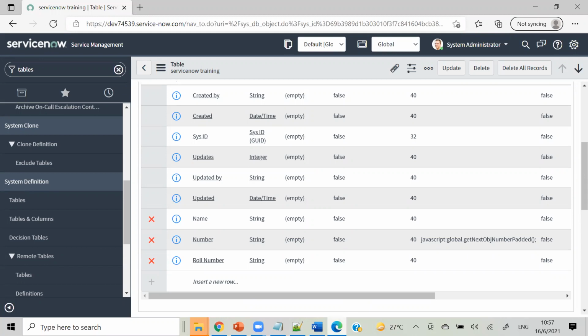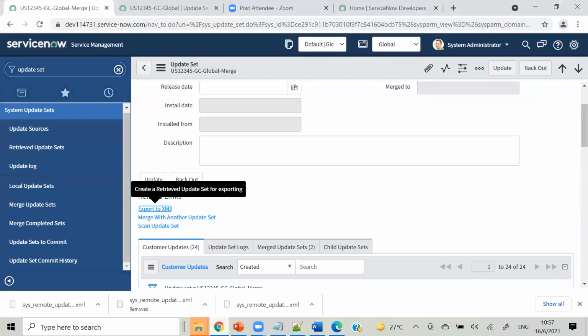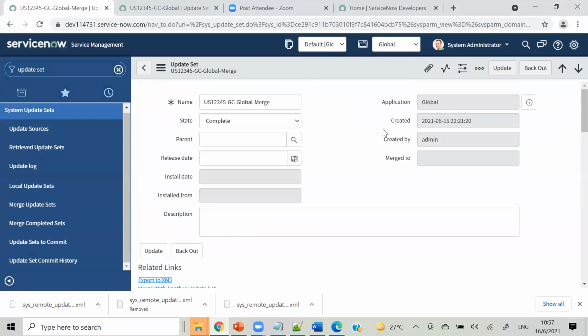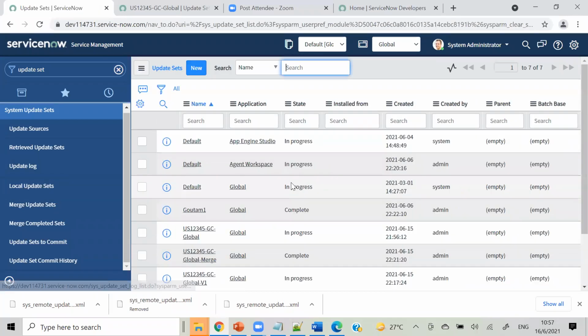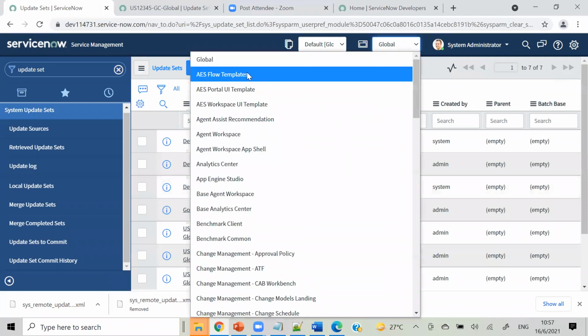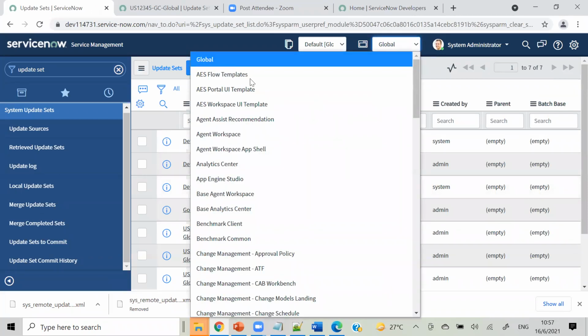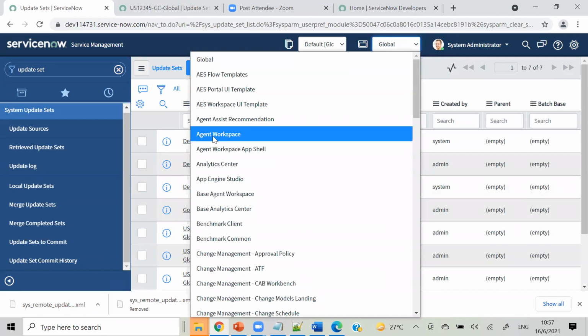Okay, yeah. And one more thing before we complete our class. In real-time applications, let me open one thing. For example, I am changing my application to agent workspace.